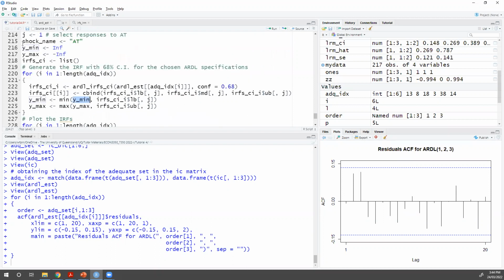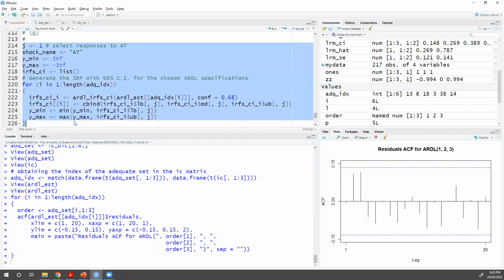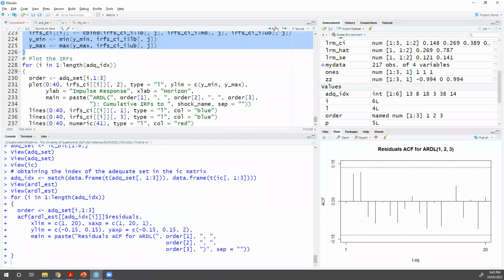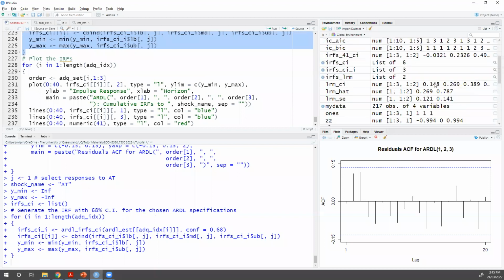So let me run all of these. And by the way, we are working with the first column of this, which corresponds to responses of AT. So if you wanted to explore how it responds to YT, it's the second column, so we will need to change that. So let me run this, and